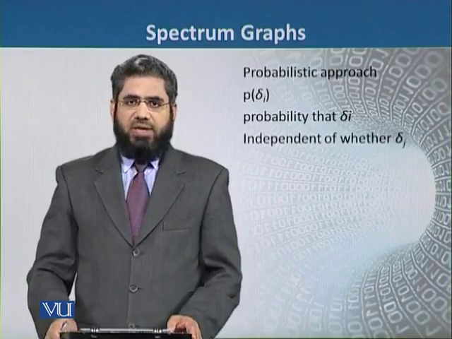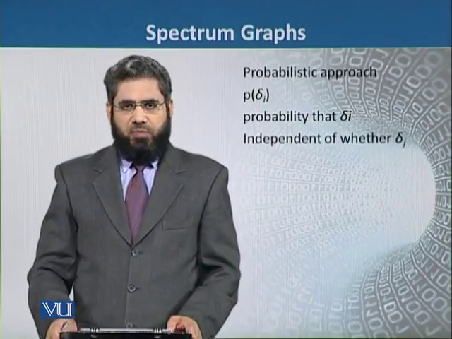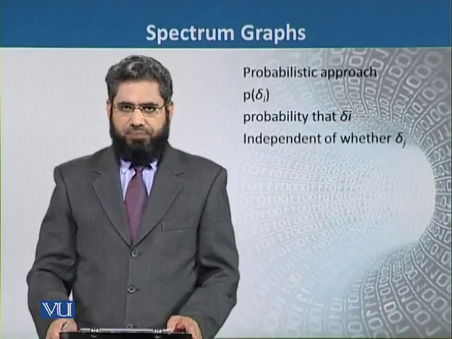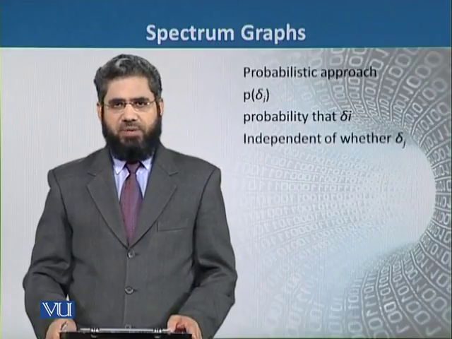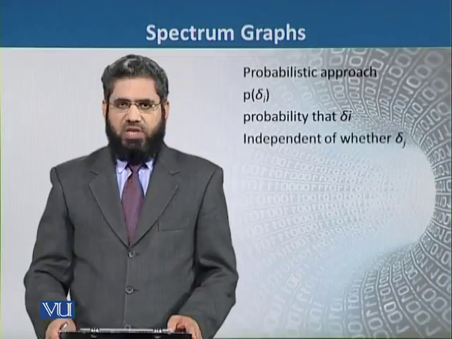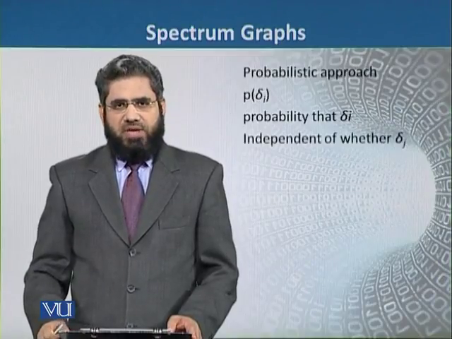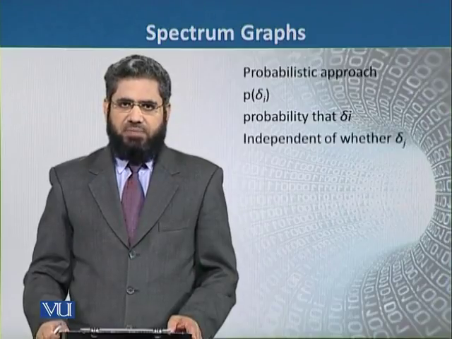And the probability that the delta i will be generated by any of the peptides is independent of the generation of the delta j that is generated by the same peptide. So the ions that are generated by the same peptide are